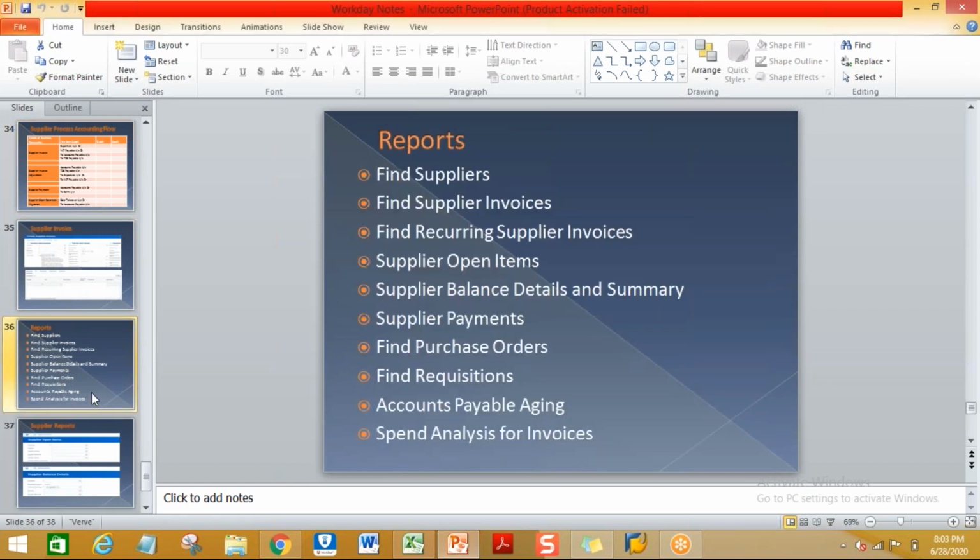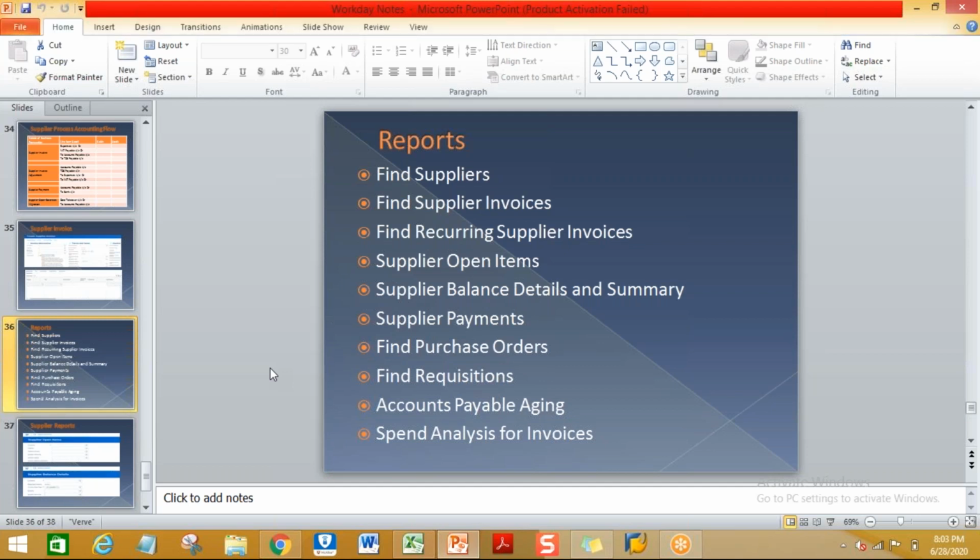The next one is reports. I have given a few standard reports available for the supplier process. If the business is not happy with the existing reports, you can do custom reports. We have 8 types of custom reports.